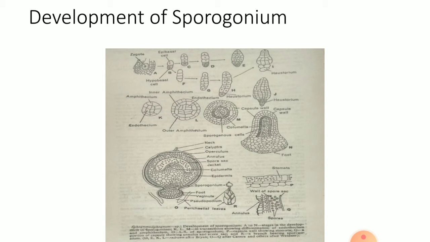The spores develop into the new plant by the germination of the spores. The whole sporogonium develops enclosed within the archegonial wall. The archegonial wall forms the calyptra. At this stage, the archegonial neck appears,